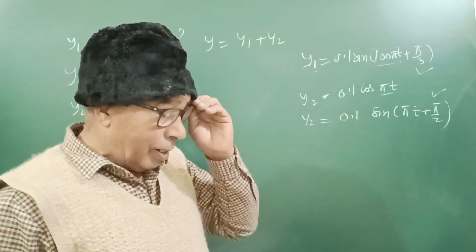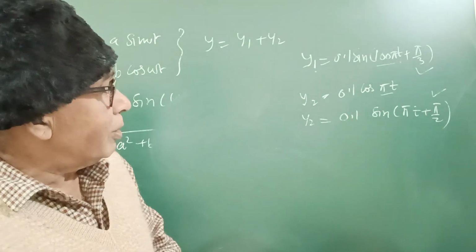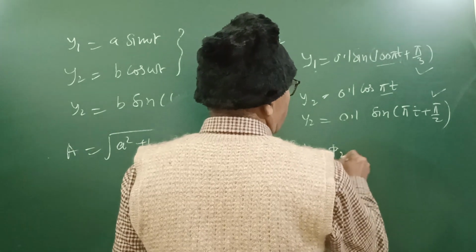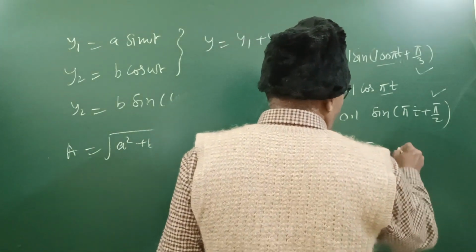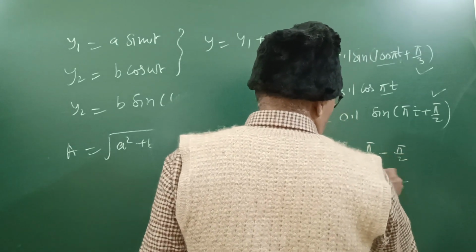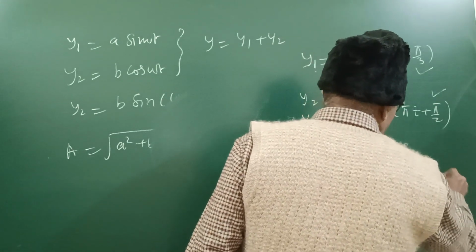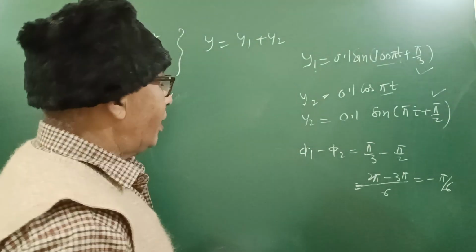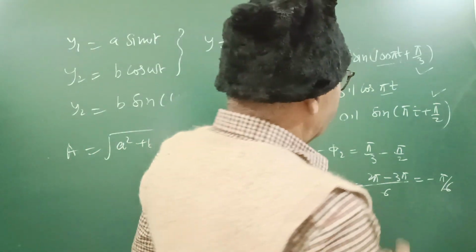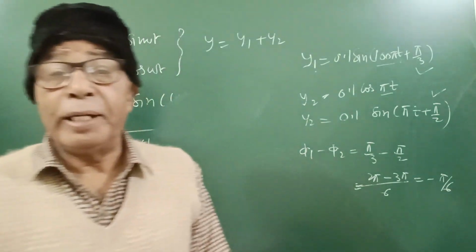So what is the phase difference between displacements is the same as between velocities. So phi 1 minus phi 2 is pi by 3 minus pi by 2. The LCM is 6, so 2 pi minus 3 pi, so it is minus pi by 6. This is the difference of initial phase, not total phase. If total phase is meant, then it should be 100 pi t. Only then. Use of trigonometry is very